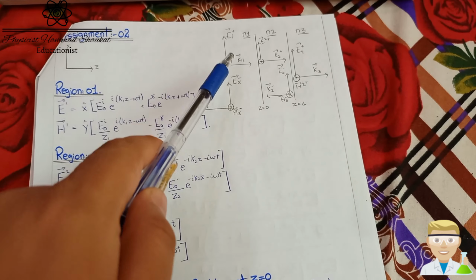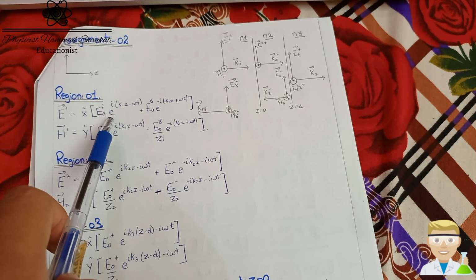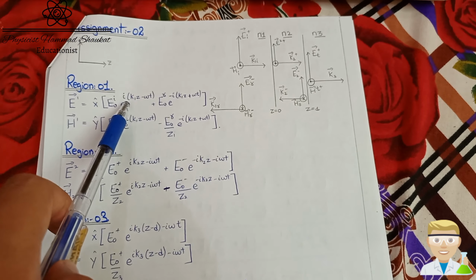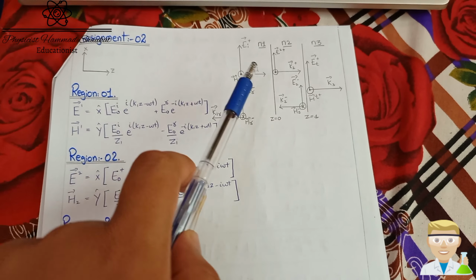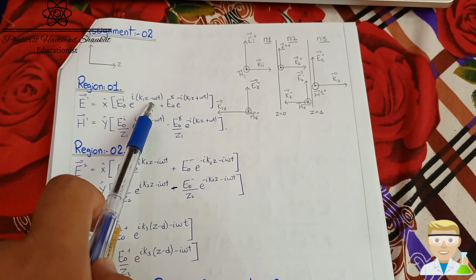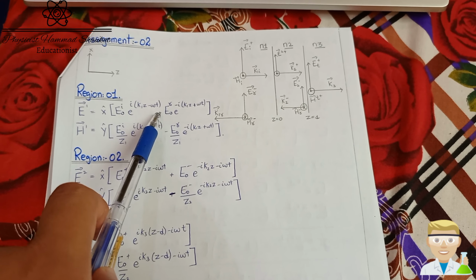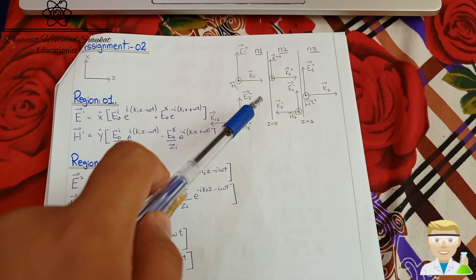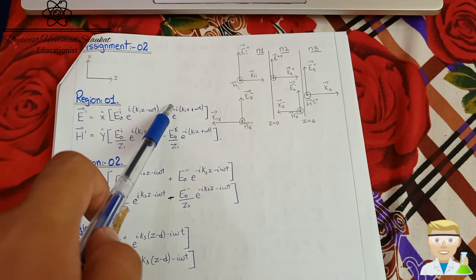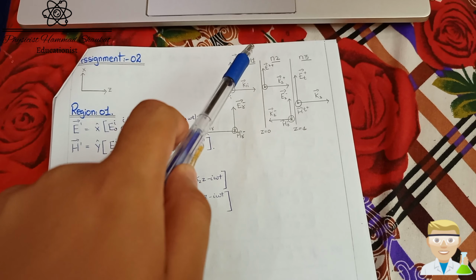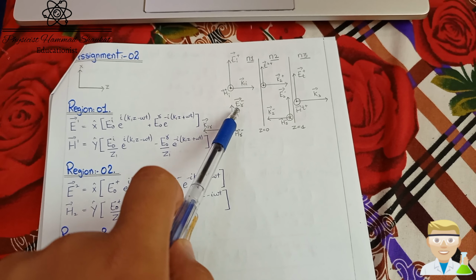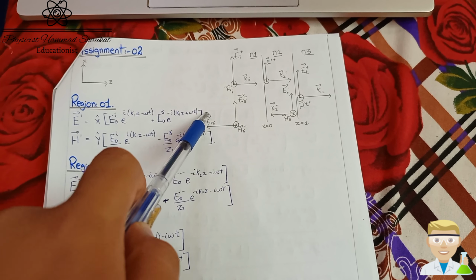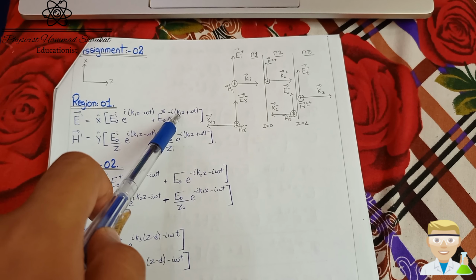For the incident wave, you have to write E naught i, meaning incident, e power iota k1z minus omega t. I take iota common, so it becomes iota k1z. Why k1? Because you are in the first region. Okay, iota k1z minus iota omega t. Plus, because again your electric field direction is in the positive x direction. E naught r means the reflecting back wave, which is this reflecting wave in region 1, while this is the incident wave in region 1. Only the wave propagation direction changes, so it becomes E naught r e power minus iota